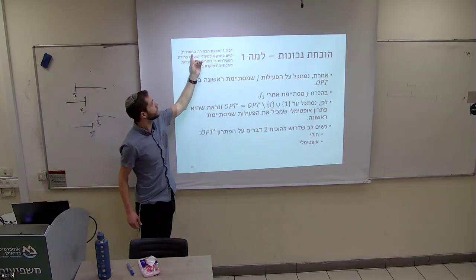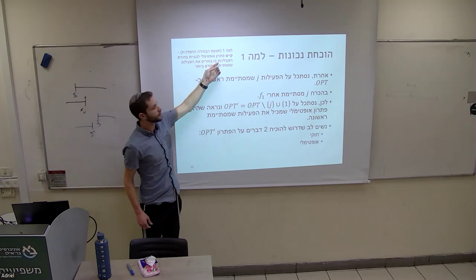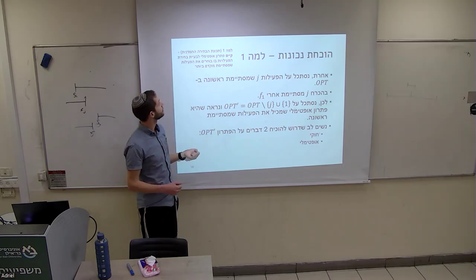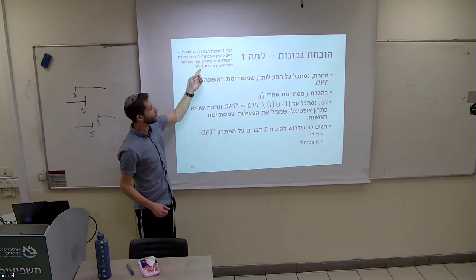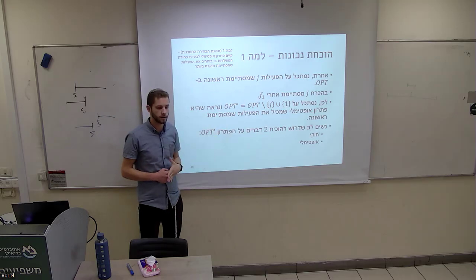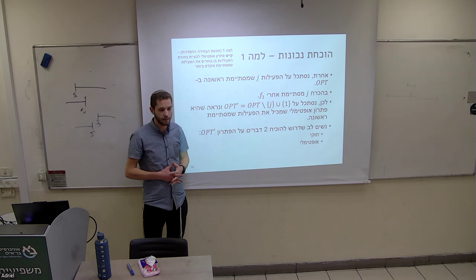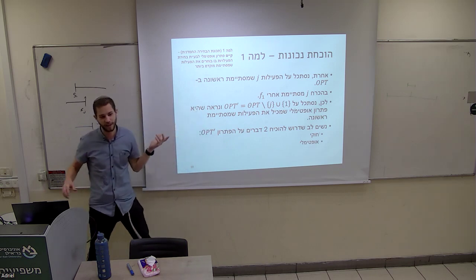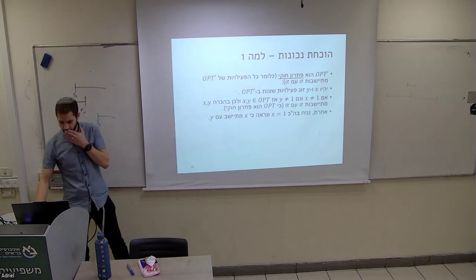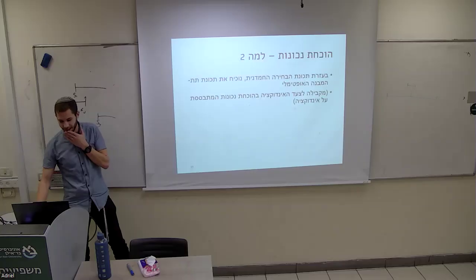The first one is the greedy choice, which is that there exists some sort of optimal solution to a problem where we choose the one that ends earliest. Yes, that there exists some sort of optimal solution. Exactly. This is lemma 1. So the second one, we're proving now. Exactly.